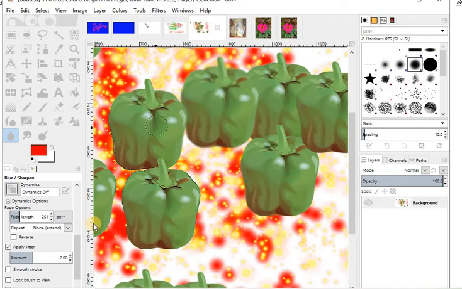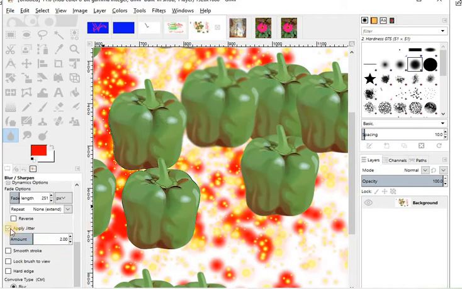Okay, then we have an option here, the hard edge. Just remove this. Here we have the hard edge. See what is happening on the hard edge.